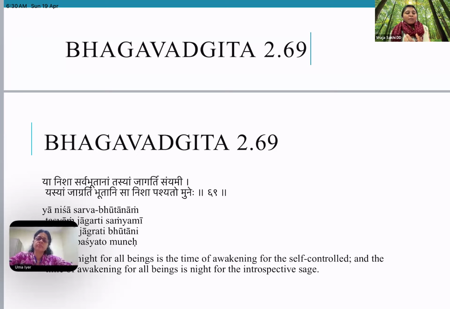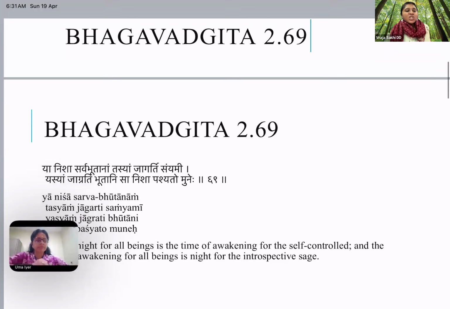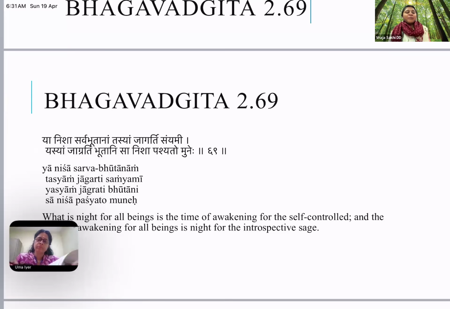So Krishna gives very beautiful analogies while explaining about a person who is Sthita Prajna. The first analogy Krishna is giving is kurmo 'ngani iva sarvashah. He is giving an analogy of a tortoise. Whenever there is a danger, what does a tortoise do? The tortoise withdraws its own limbs inside the shell. Similarly, a Sthita Prajna, a Krishna conscious person, whenever he is in an unfavorable situation, he withdraws